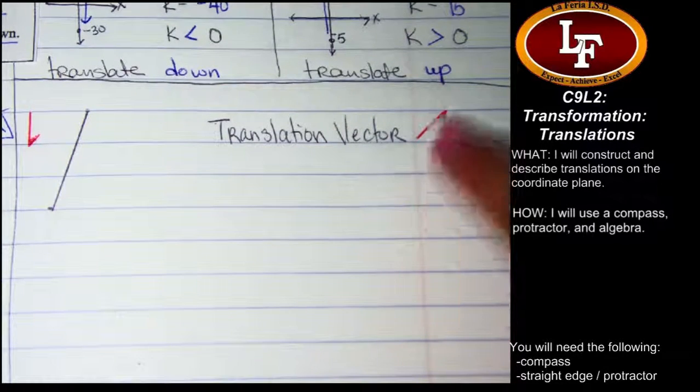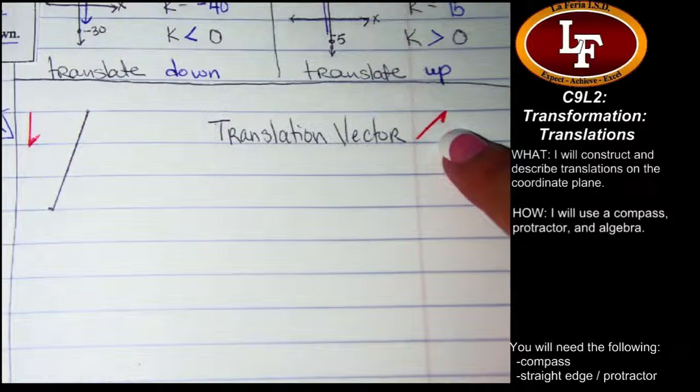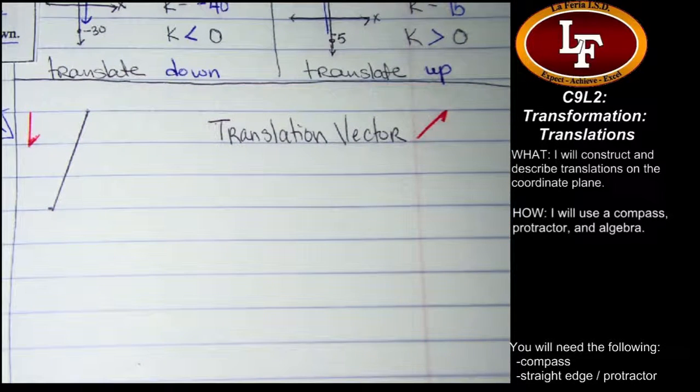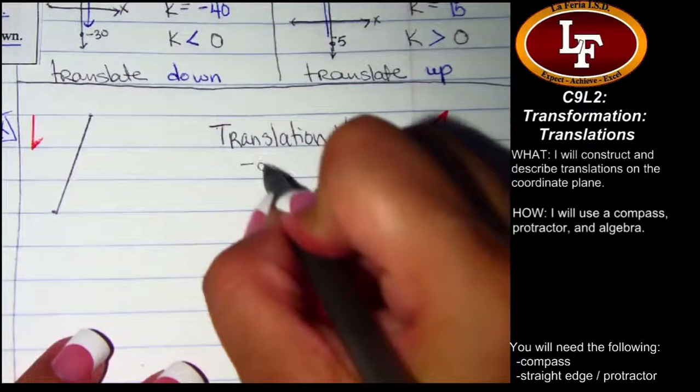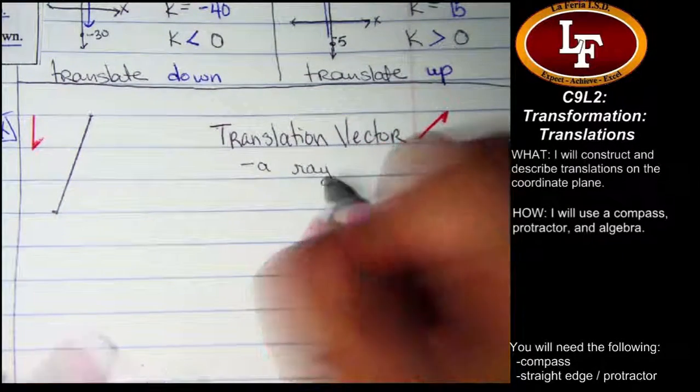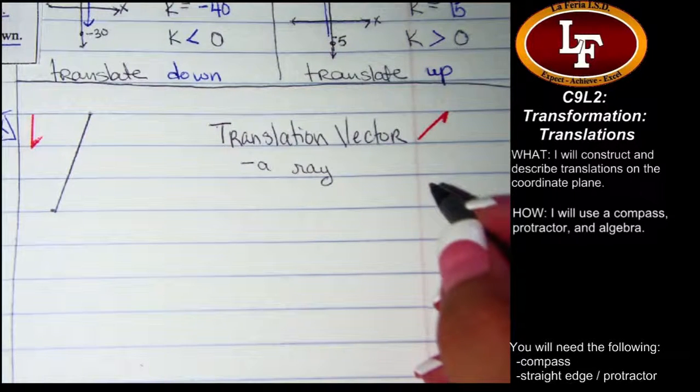All right, so this is the symbol for vector. Okay, and we can spin it in all sorts of different directions. And what a translation vector is,